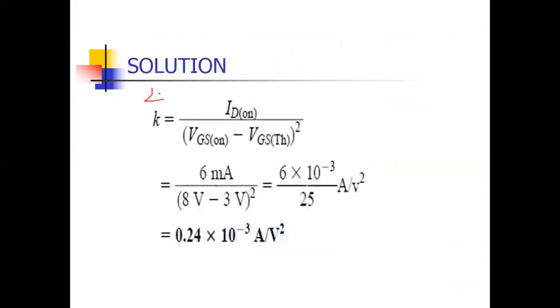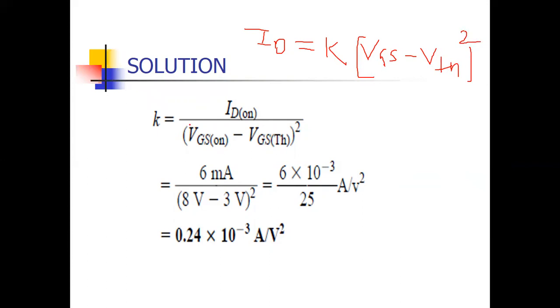Now step number two is apply the standard equation of current. For JFET, the expression for current is ID equals IDSS into (1 minus VGS upon VP) whole square. But for e-MOSFET, the formula of current is ID equals K into (VGS minus VTH) whole square. ID equals K (VGS minus VTH) whole square. Now this value of K will be determined by the device parameters. There will be some data sheet. From that sheet you will find out the value of K.